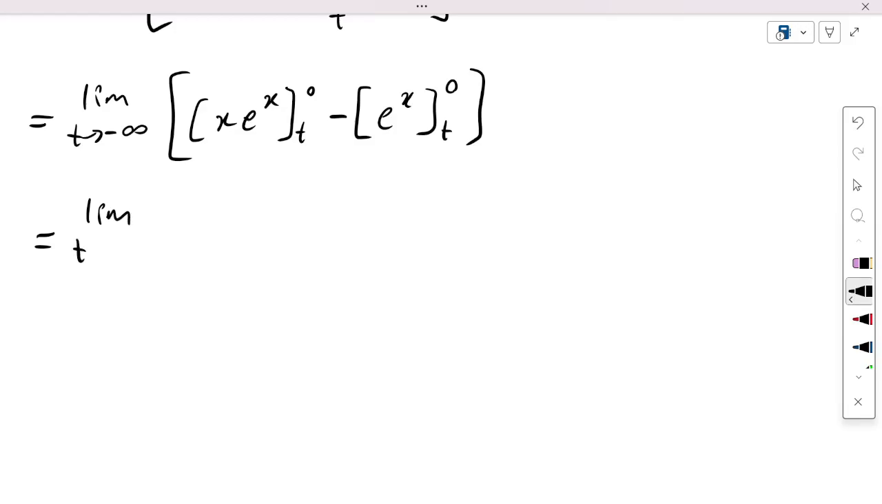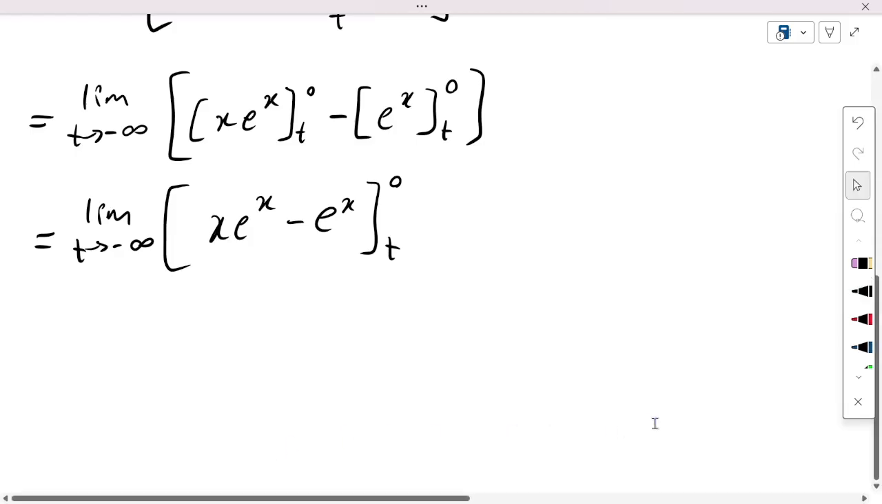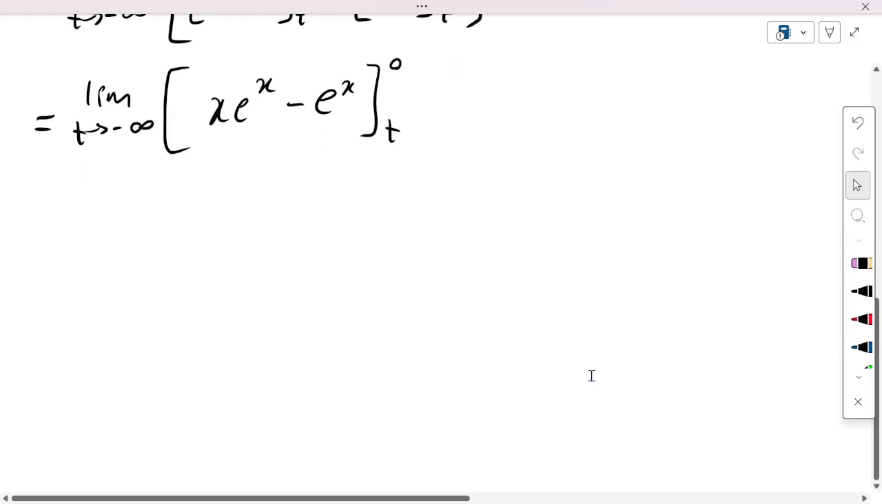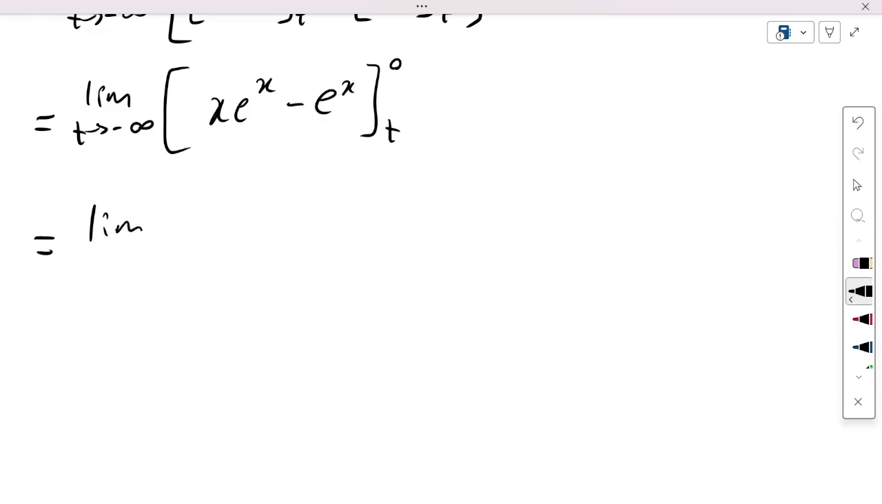So it'll be the limit as t approaches negative infinity of, let's just do it like this, x times e to the x minus e to the x evaluated from t to 0. Okay, great. That's pretty cool. And now from here, it would be most prominent to just take the upper and lower limits in, respectively. So we're going to have this equal to the limit as t approaches negative infinity of